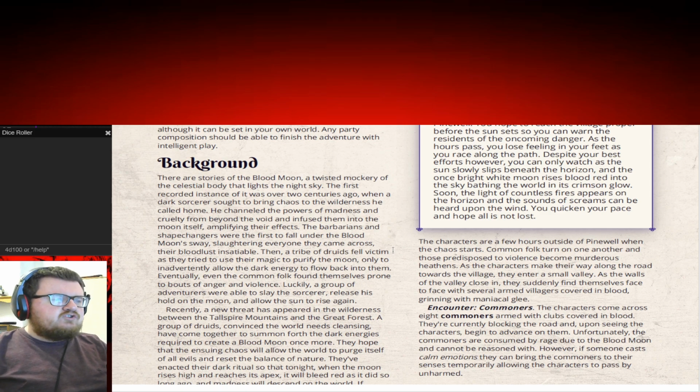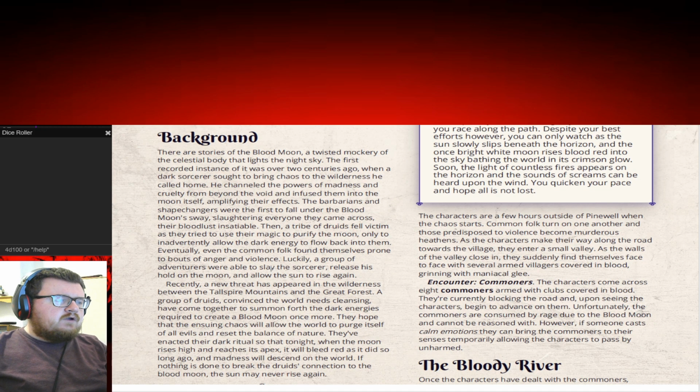Then, a tribe of druids fell victim as they tried to use their magic to purify the moon, only to inadvertently allow the dark energy to flow into them. Eventually, even the common folk found themselves prone to bouts of anger and violence. Luckily, a group of adventurers were able to slay the sorcerer, release his hold onto the moon, and allow the